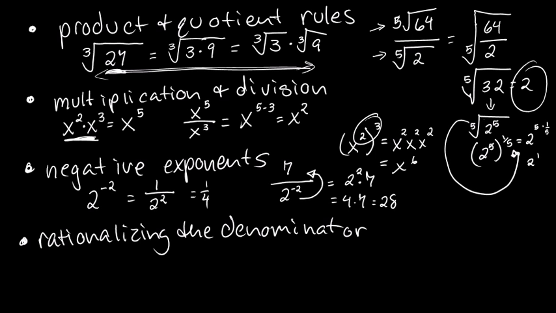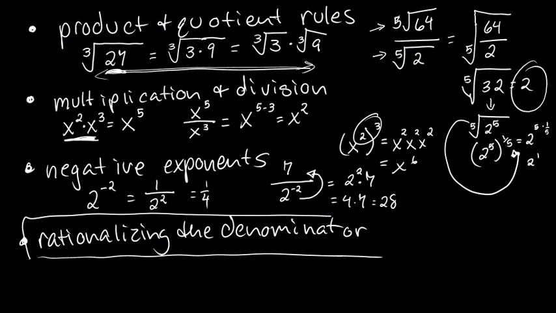Rationalizing the denominator is something I did not go into depth with when we were covering this section. However, this is very important, so when I repeat it in class, it would be important to watch this video. This right here, rationalizing the denominator, is what you guys need to take a note on. So rationalizing the denominator means that when I have, let's pick an example here,